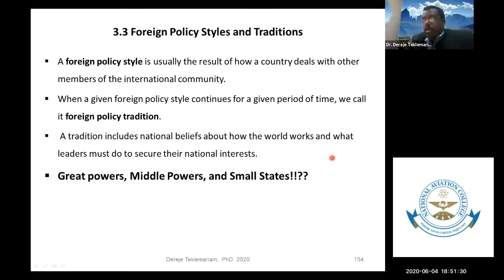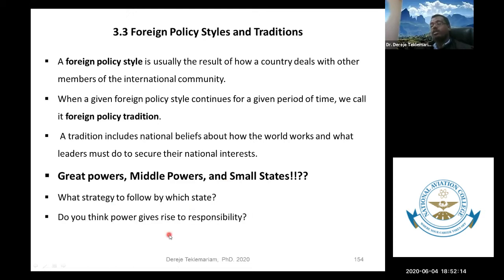So we are really discussing all these things, not in a vacuum, but in a world that is flooded and filled up with countries considered great power, countries considered middle power, and countries that are small states. We are really dealing with foreign policy making, but in reality, the whole world is filled up with these three major groups of powers. What strategy to follow by which states really depends on the type of that country. Is that country a great power? Is it a middle power or small power?